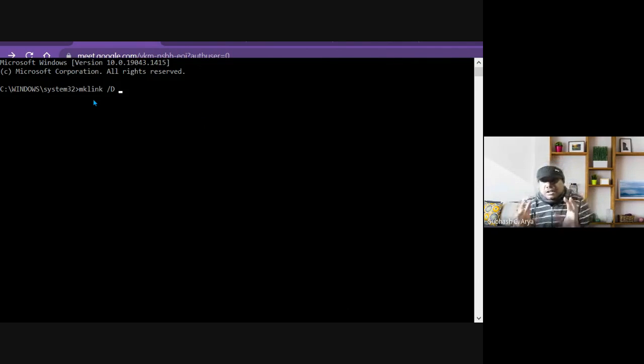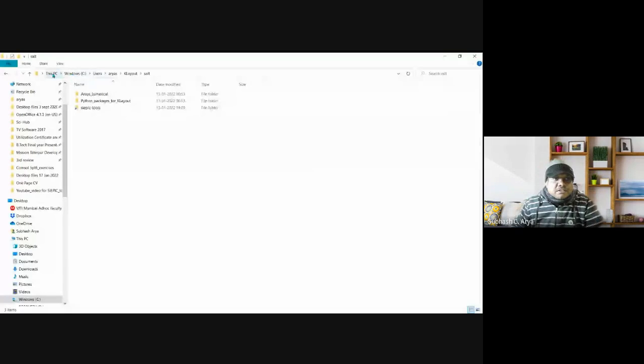Now copy the link of the salt folder which is there in your C drive of Klayout. So I will open the salt folder here and share how it looks. This is the salt folder. You can see this PC, C drive, users, Klayout, salt. If I just click here, you will see the link is selected.